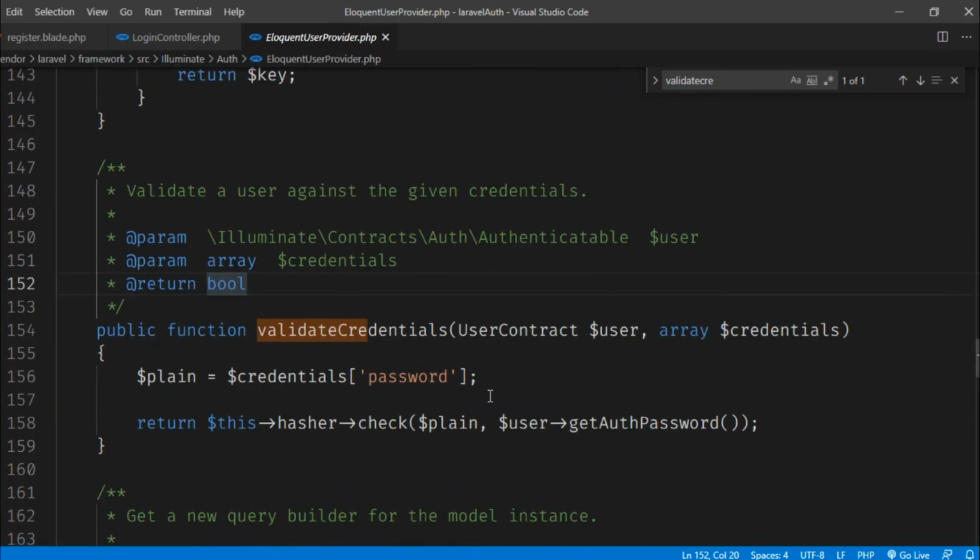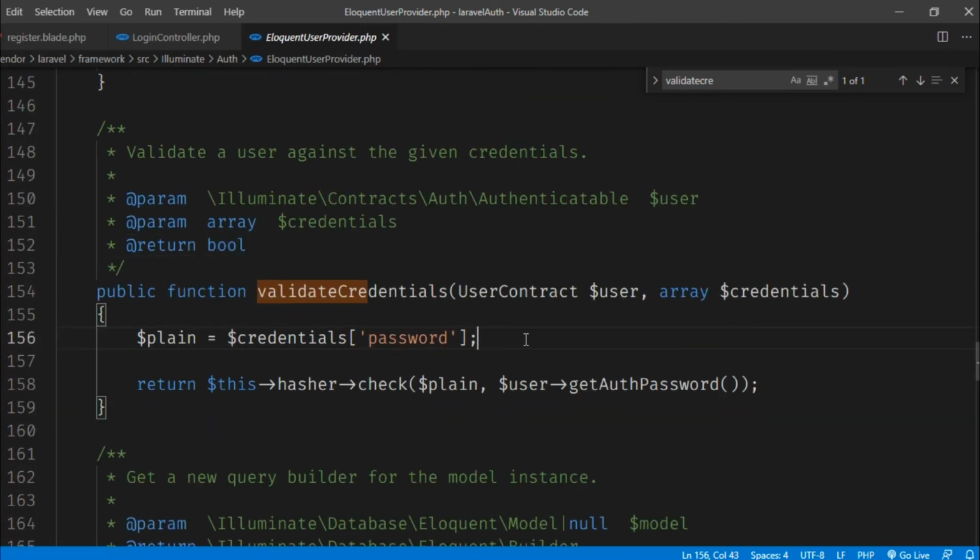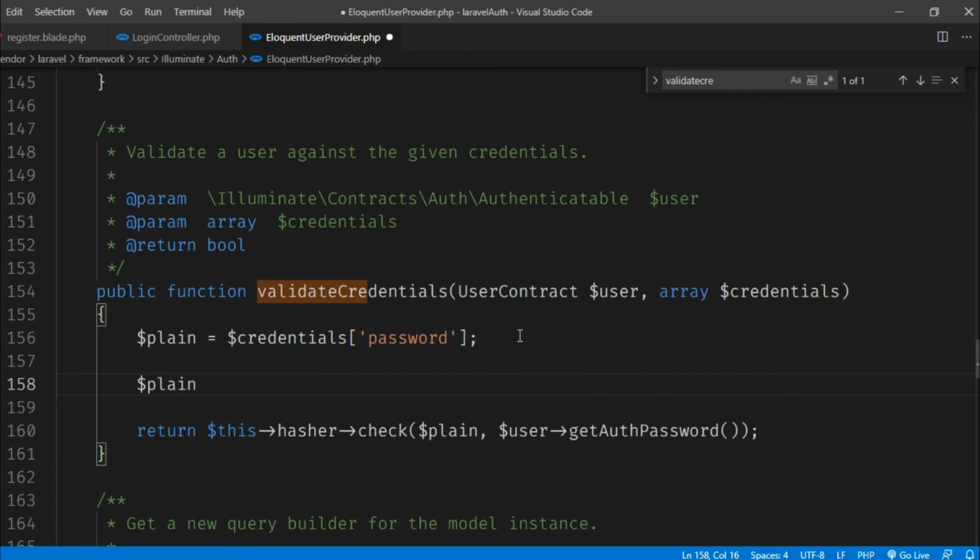Okay, we have already faced this. Now in validate credentials, it is telling me that I'll be getting an array of credentials, and the credential which we are validating will be the password. So as soon as we get our credentials, we have to check for the email.